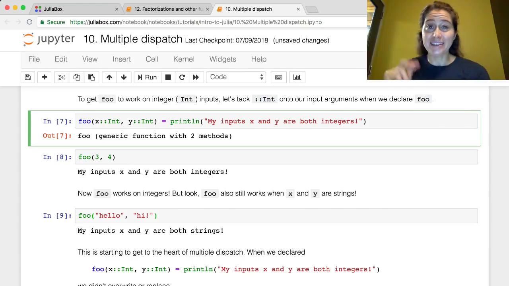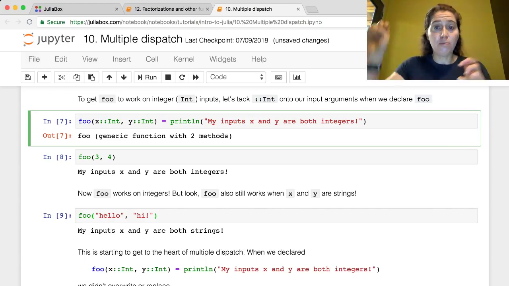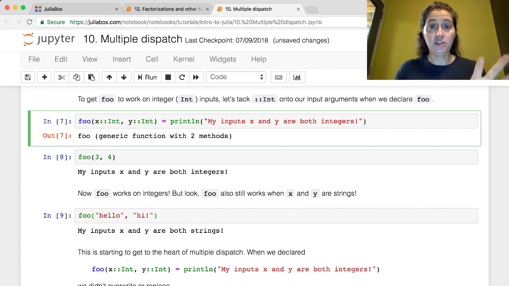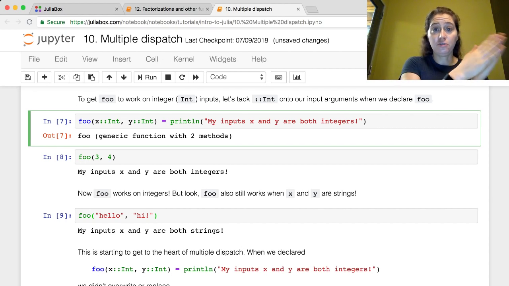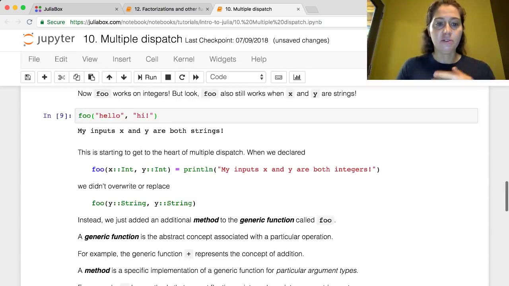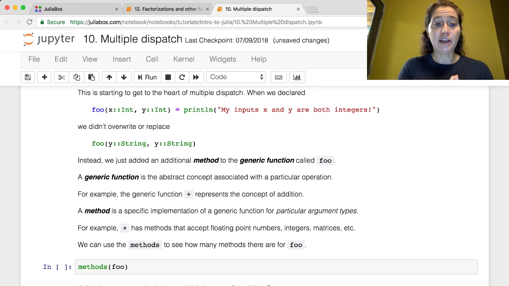All we did was add a second definition, or a second method, to an existing function. Multiple dispatch allows us to do this. Multiple dispatch allows us to have multiple methods associated with one function, or multiple definitions associated with a particular function name. And in languages that support multiple dispatch, we have this distinction between methods